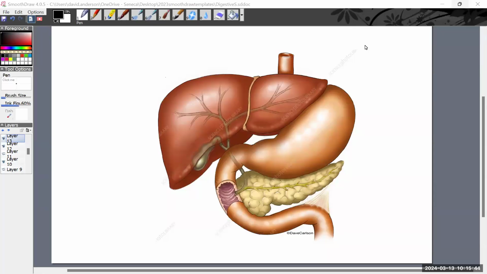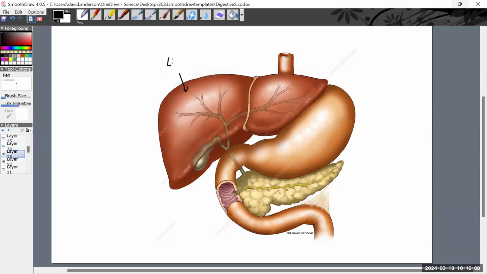All right, we're recording. So what we want to do in this second part of today's topic is talk about some of the other contributions to digestion and absorption. And that's going to come from the liver, the gallbladder, and the pancreas. And in the diagram we have in front of us right now, we can see